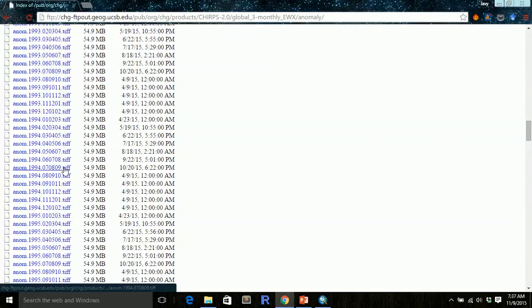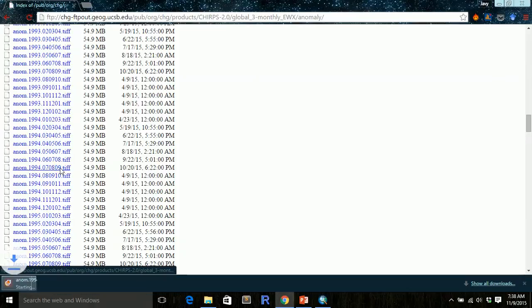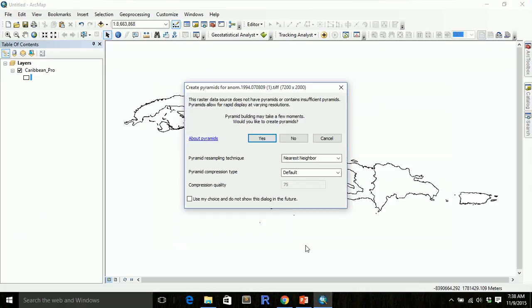So we see over here, this is the one that we want to look for, 1994, July, August, and September. So let's just hit over there. And the good thing about using Chrome is that whenever it's done downloading, you can just bring it in to ArcMap really quick, right? So we just grab it over here and bring it to ArcMap,